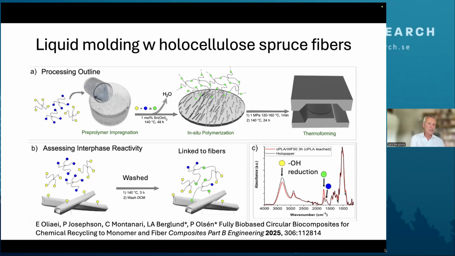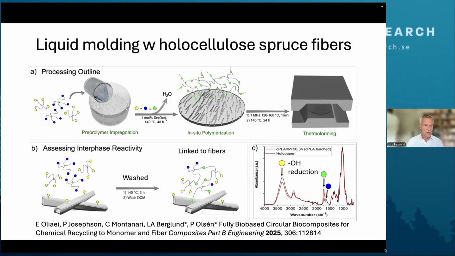You do liquid impregnation of your, in this case, holocellulose spruce fibers, which have been filtered and used as reinforcement. You impregnate, you polymerize, and you can actually form it afterwards because the cross-link density is actually